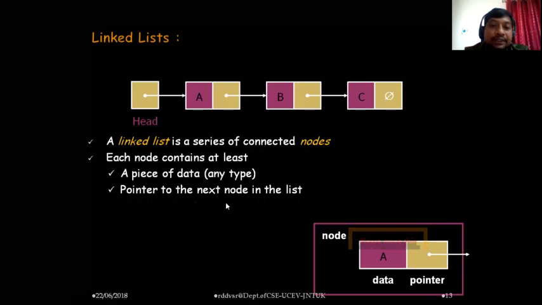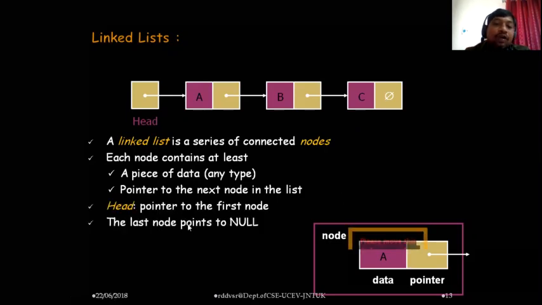Now generally we use some sentinel nodes like head and tail. Head is a pointer which points to the first element in the list, and tail is a pointer which points to the last element in the list. These head and tail nodes are usually referred to as sentinel nodes. Sentinel nodes are just for marking purposes. In order to better understand your list elements, you need to maintain these head and tail nodes.